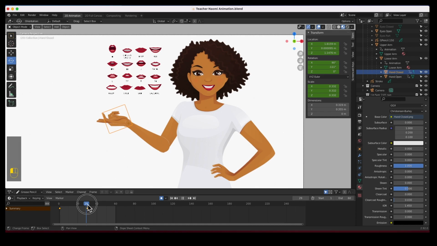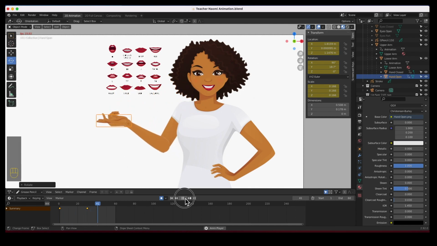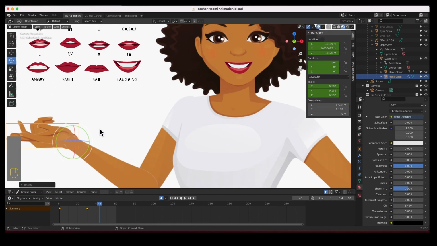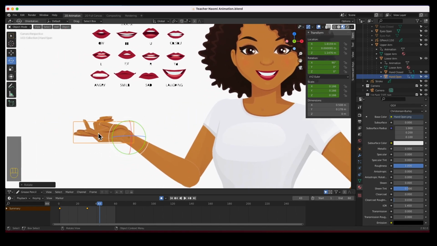Remember, the open hand already has this position. And at frame 1, this open hand, let's rotate it. And so it is mimicking there. The way we replace, and it's just a trick that I'm going to show you, the way we replace these two objects, one with the other,